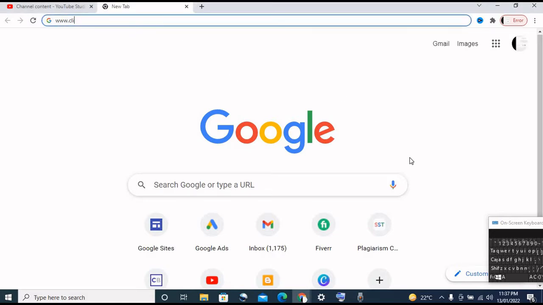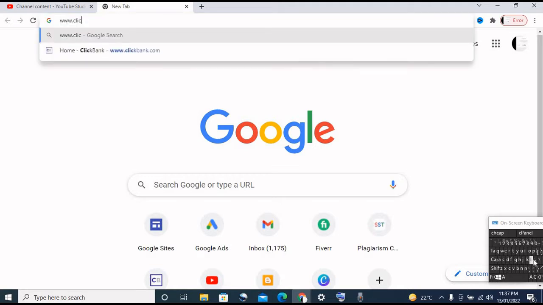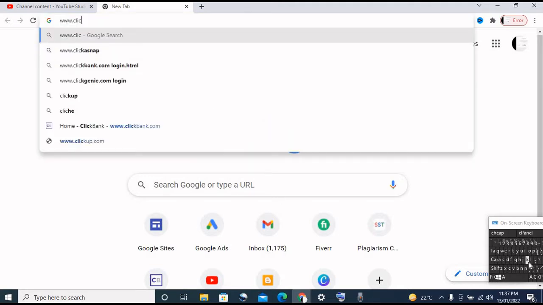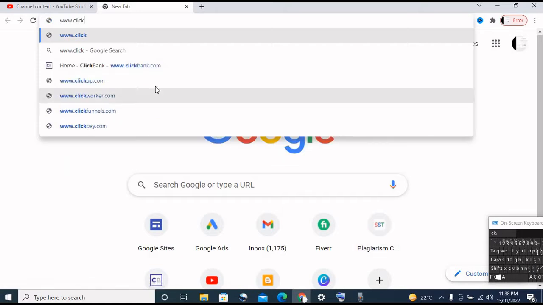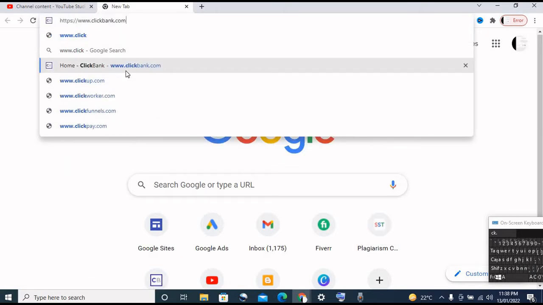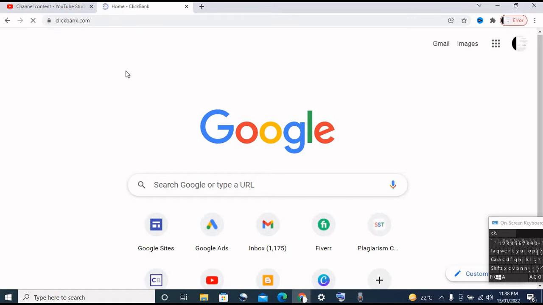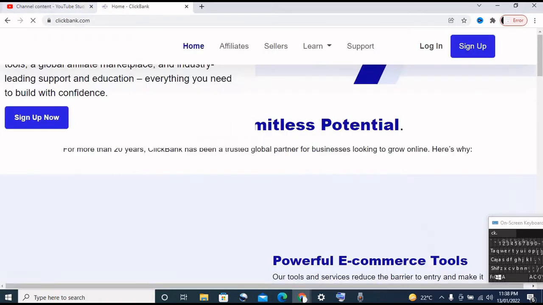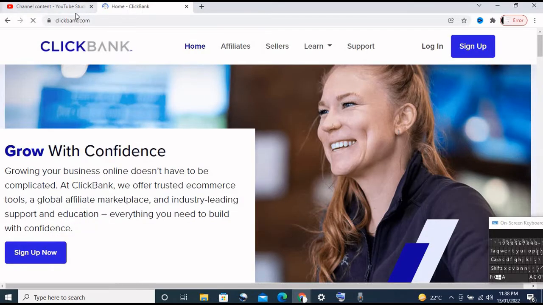How you can make money on Clickbank using a simple site by drafting articles on this site. First of all, let me go to my Clickbank account and show you that